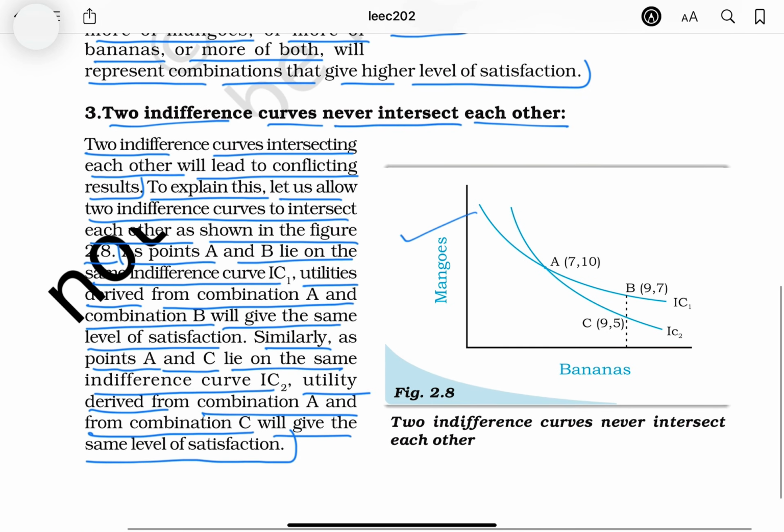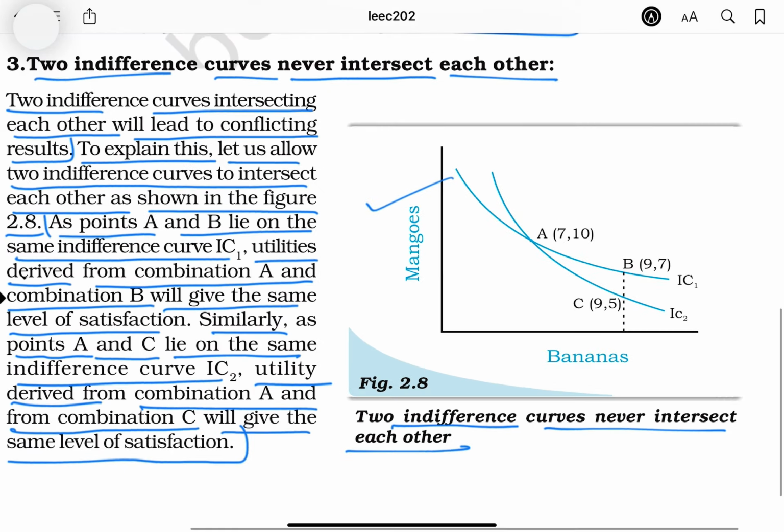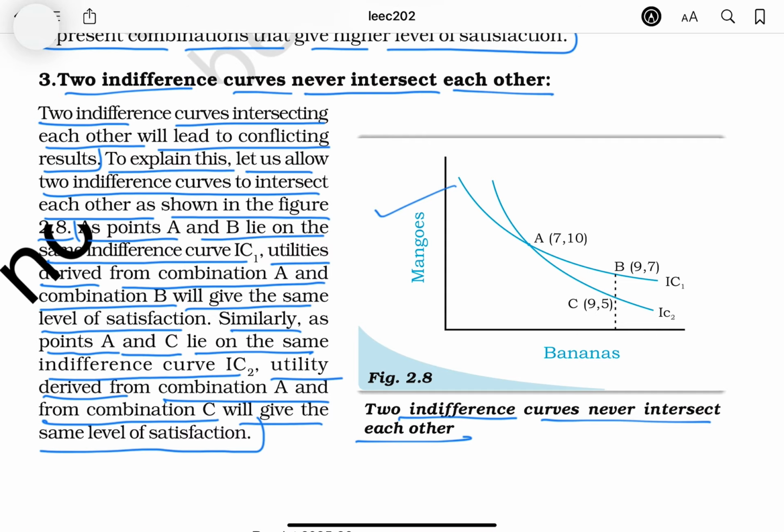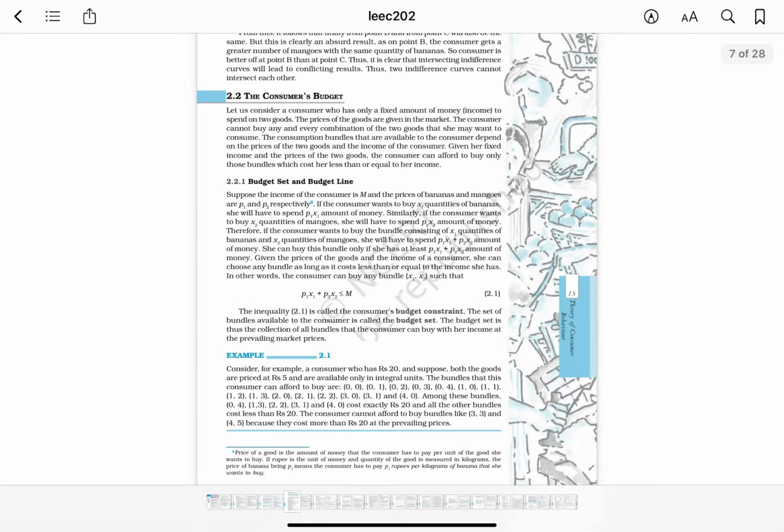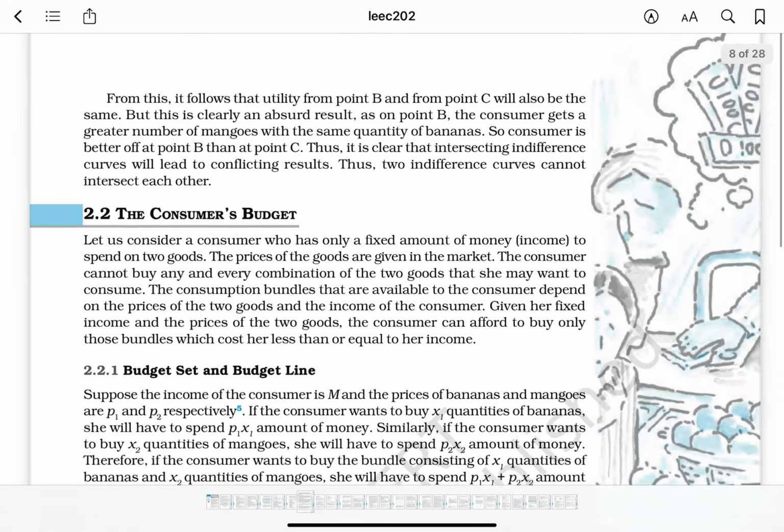ऐसे यहाँ पे ग्राफ में दिखा रखा है, two indifference curves never intersect each other. कभी भी ये क्या करते हैं, एक दूसरे को अलग अलग रहते हैं मतलब। ठीक है, अब आ जाते हैं नेक्स्ट पे।